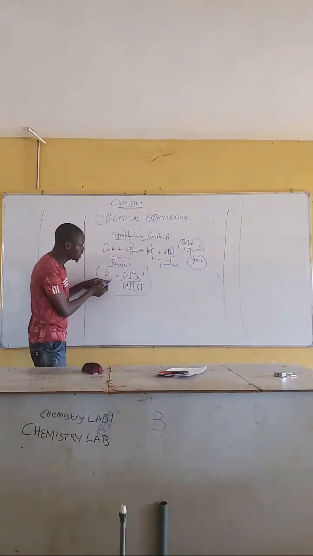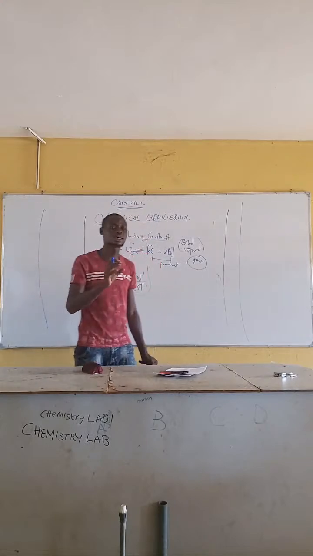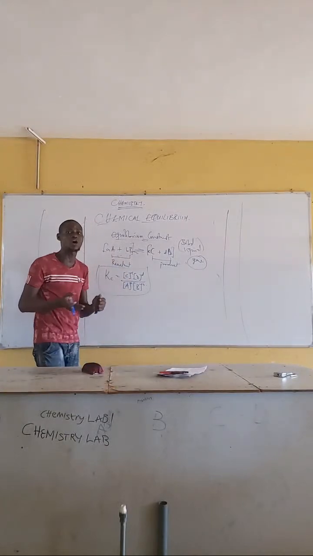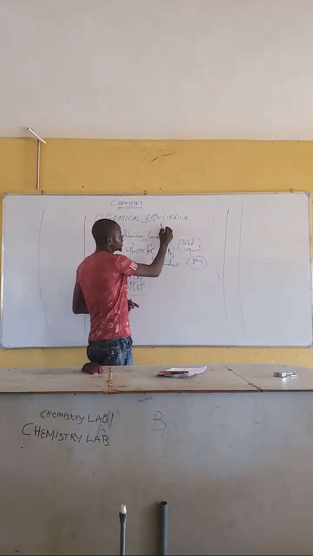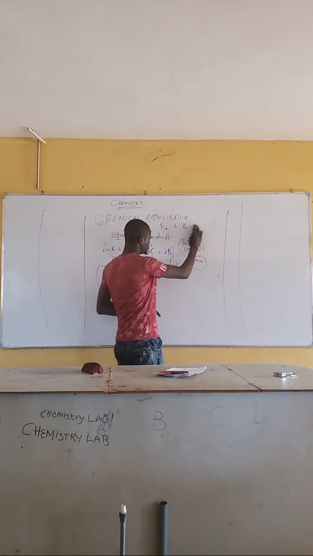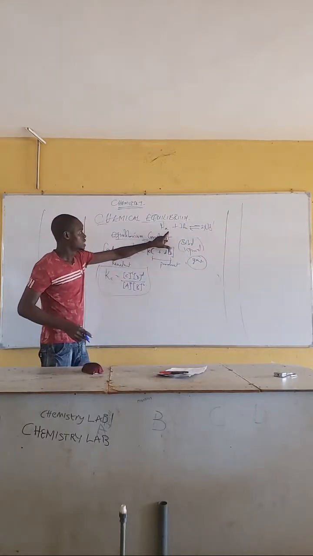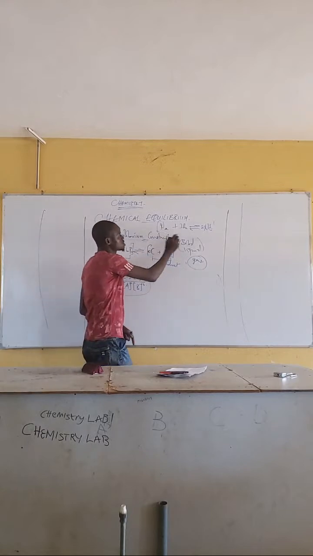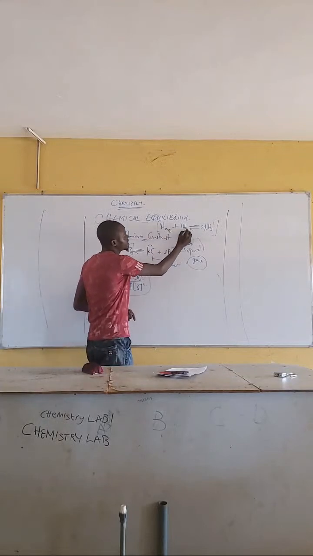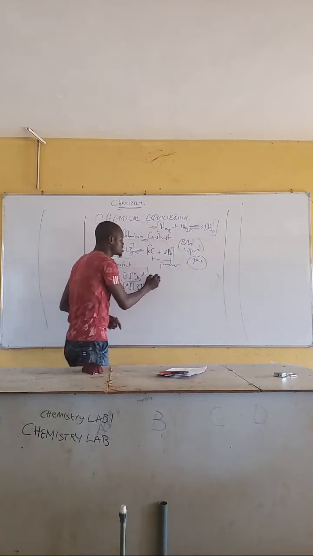Now, this is the concentration equilibrium constant. We can only use this Kc if what we are referring to is a solid or liquid. But if the reaction we are referring to is only gaseous, for example, nitrogen plus hydrogen to give ammonia, NH3, we can easily write the equilibrium constant for this reaction. For this reaction, everything here is a gas, so the equilibrium constant is always denoted as